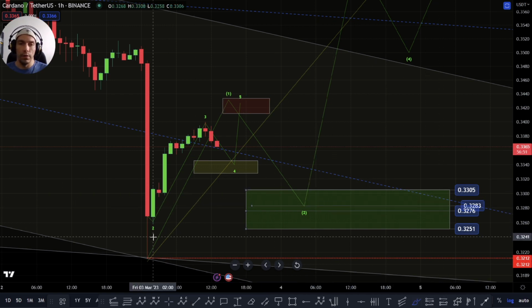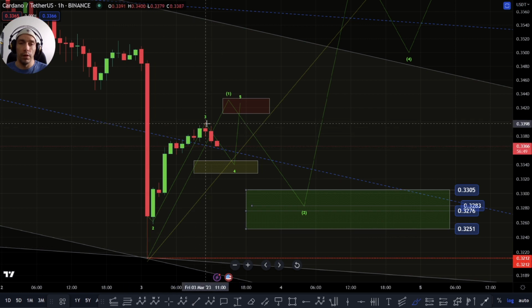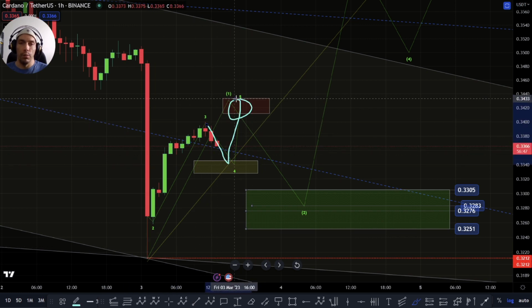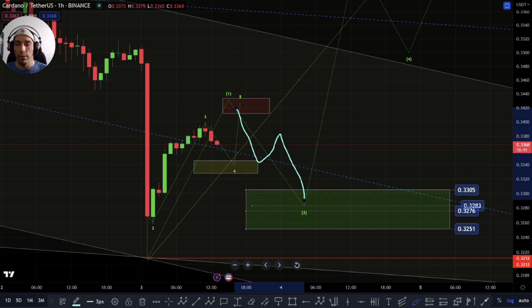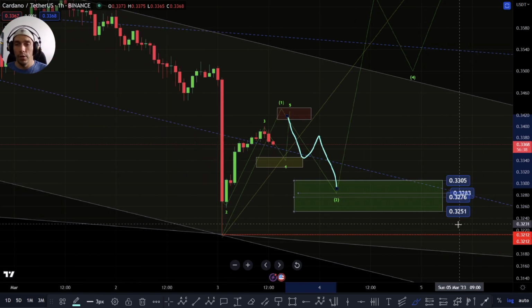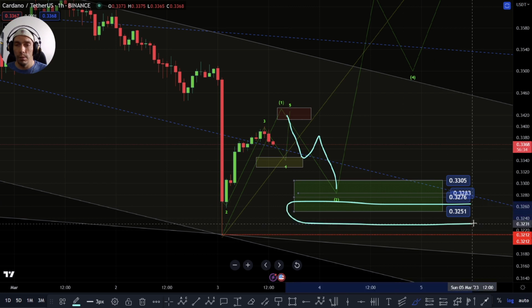We would just be looking at this as a simple move without any extensions. If this just comes up one more time into this zone, then what we'd be looking for would be this retracement for this wave two. We'd want to see this ideally in a three-wave structure, into this 3305 to this 3251. So the key zone here is going to be this lower range.